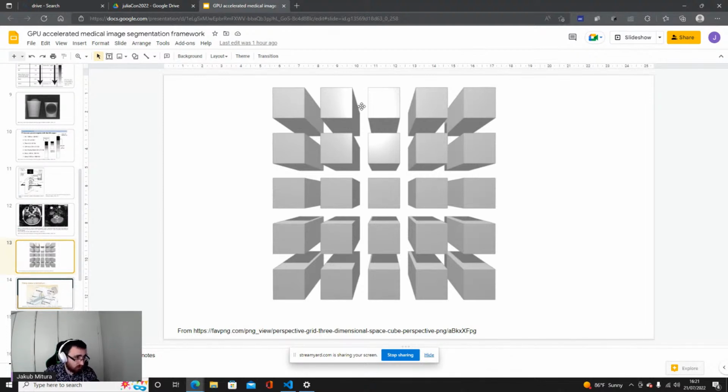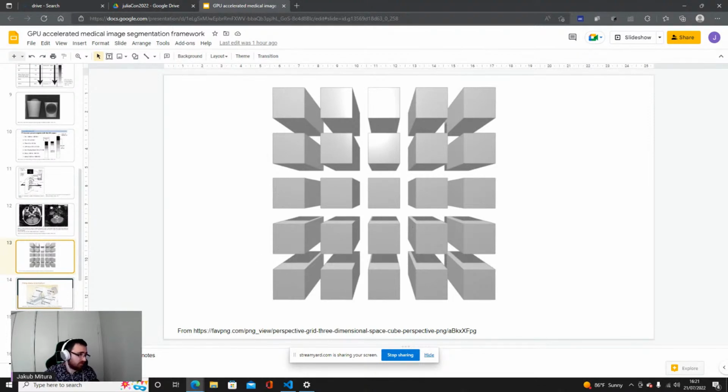Apart from this, each voxel, the voxel being this three-dimensional pixel, represents some physical phenomenon, a quantified physical phenomenon. The other thing is that it is also somewhere in physical space.